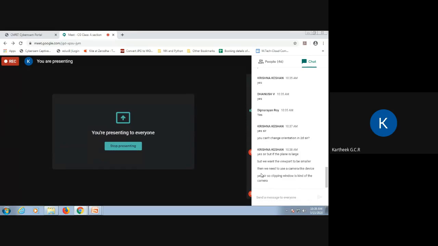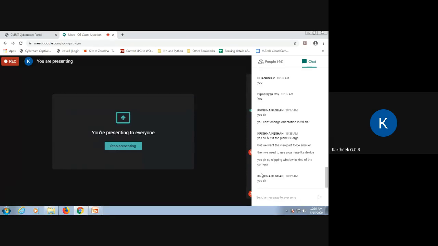You can. Clipping window, you can consider it, instead of camera, as the field of vision of your camera. Do you agree with that? Yes. So it is like a field of vision of the camera. In 2D, you have your camera fixed and there is no orientation of it because you are looking from one direction, that is Z direction. That's the only thing.